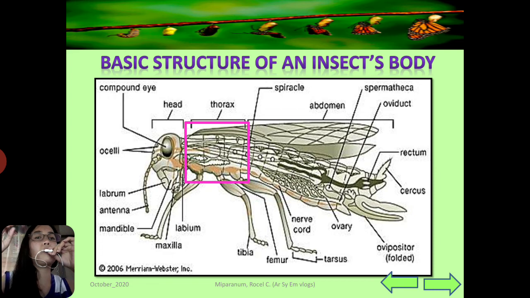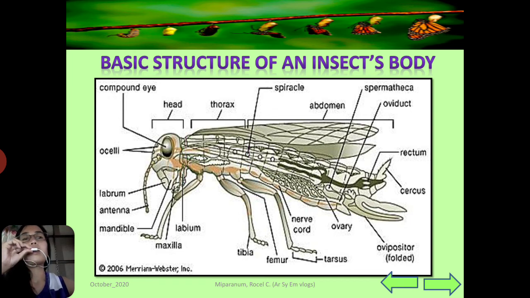Two pairs of spiracles are in the thorax, and the rest are found in the abdomen,